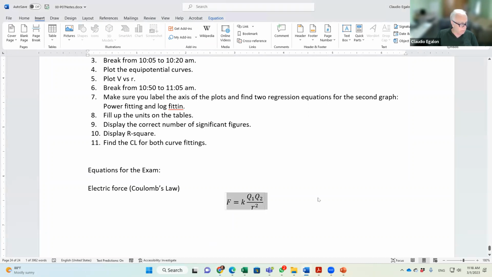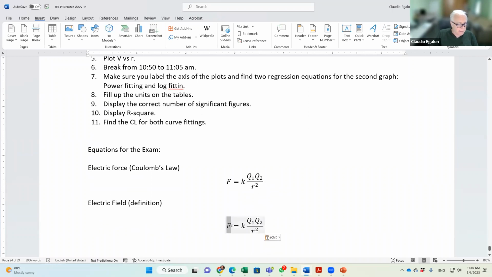And then you have the electric field. The electric field is a definition. Listen, this is not a law, it's a definition. The electric field, I'm going to write like that, the electric field of charge 2, is defined as being the force between 1 and 2,